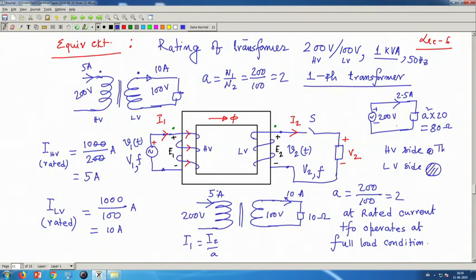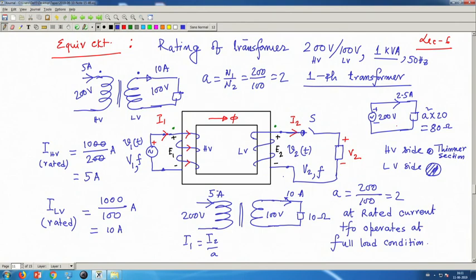Thinner wire means thinner section. And the section on the LV side, because it has to carry rated current. When the LV side carries rated current, the HV side has to carry rated current. Therefore, if a transformer is given and the windings are available to you, you can immediately see the section of the wire. The section on the LV side will be much higher than on the HV side.